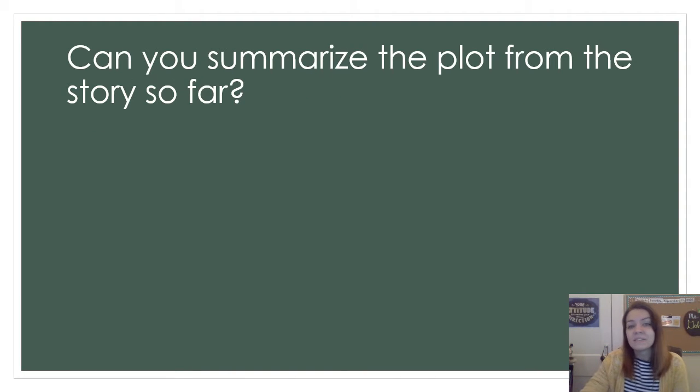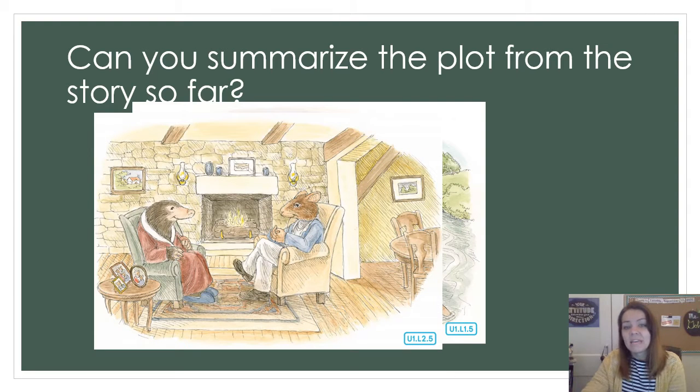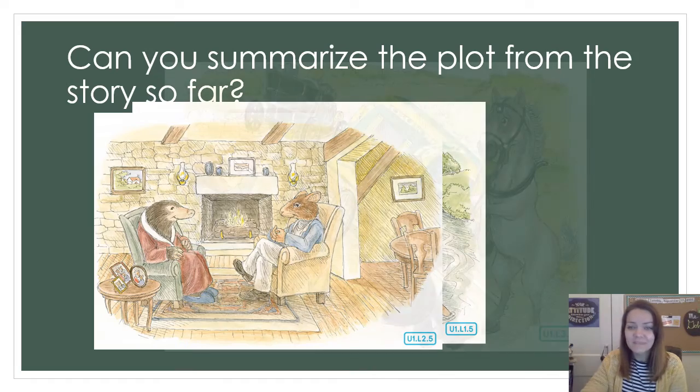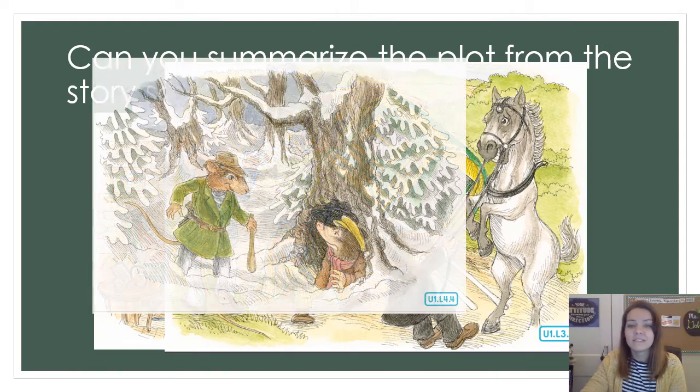So before we launch into our story today, let's see if we can summarize the plot so far. First, Mole and Rat take an adventure on the riverbank. Then, Mole agrees to stay with Rat after he accidentally knocked them out of the boat. They go to see Toad, and it doesn't go well. His caravan tips over because of a motor car. Finally, Mole ventures into the wild wood on his own and gets scared and lost. So, Rat has to come find him.